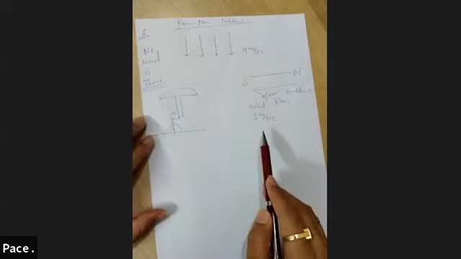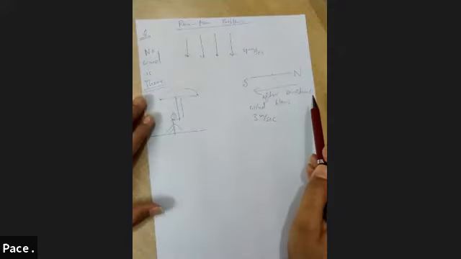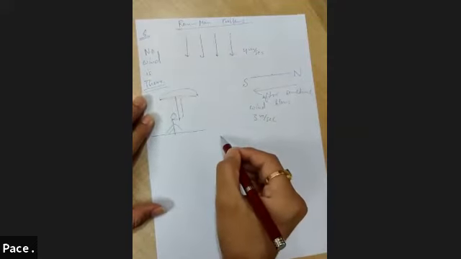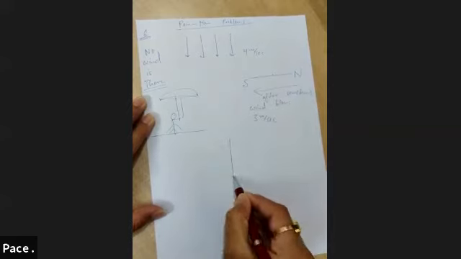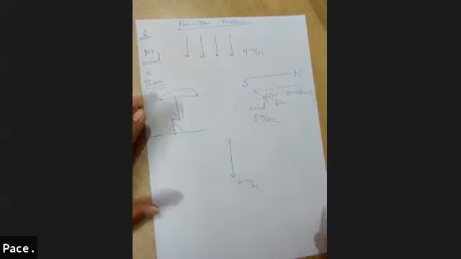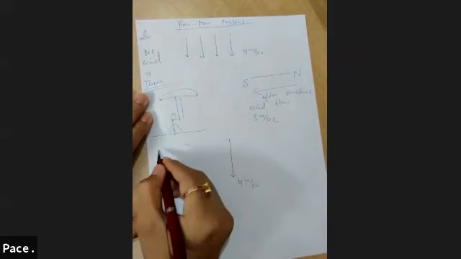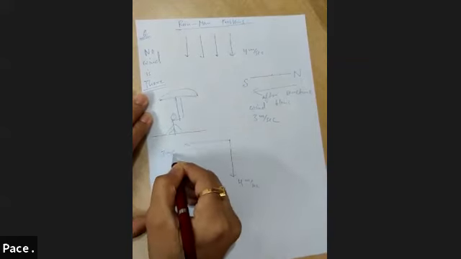When there is no wind, the rain is falling vertically down at 4 meter per second. After some time, wind starts blowing from north to south. So already there is rain in this direction with 4 meter per second. Now, can I say this? The impact of wind will also get added to rain. So now there is a wind in this direction, 3 meter per second.